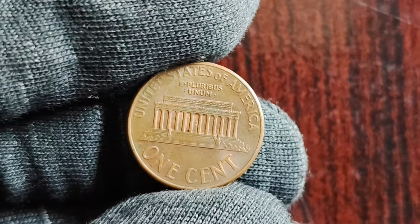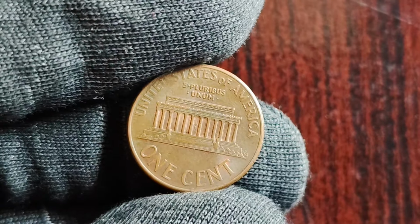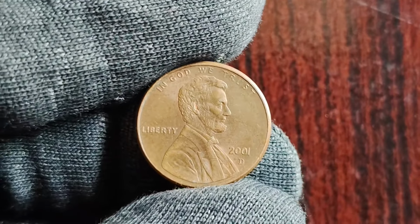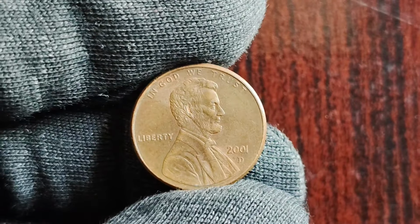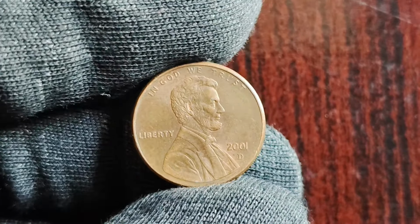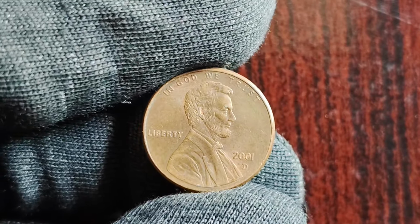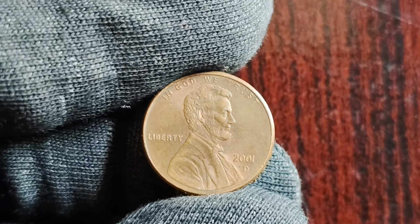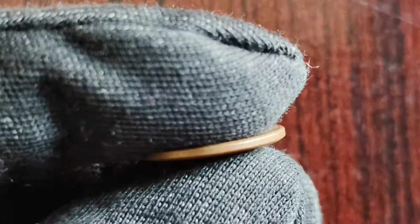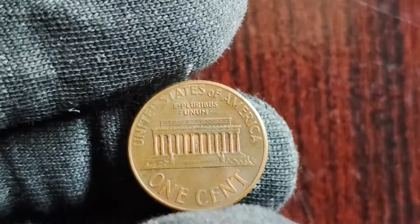If you find that you have a rare and valuable 2001D Lincoln penny, you might be wondering where to sell it. There are several avenues you can explore. Established dealers can provide a fair price and help you navigate the selling process. Selling through an auction can sometimes yield higher prices, especially for rare coins. Websites like eBay can also be a platform to sell your coin, but be sure to research the market to